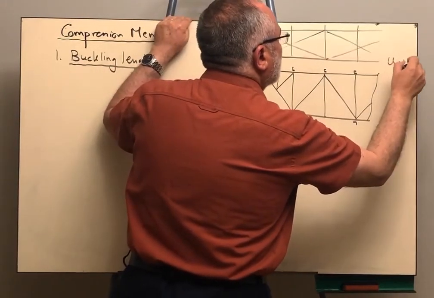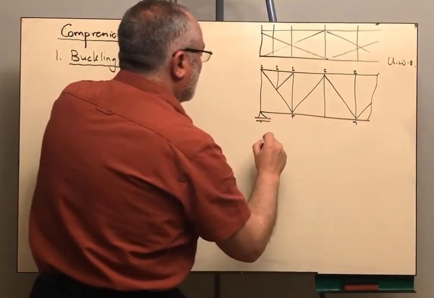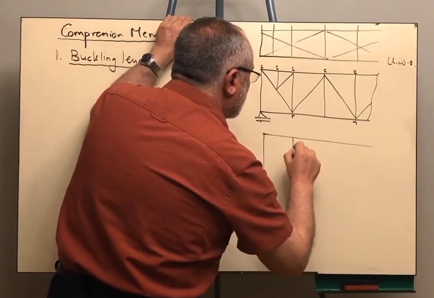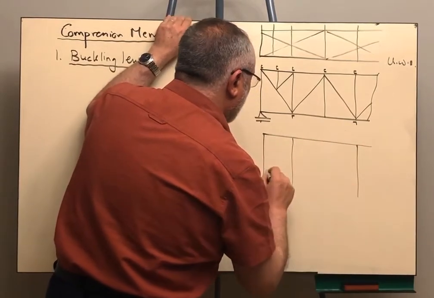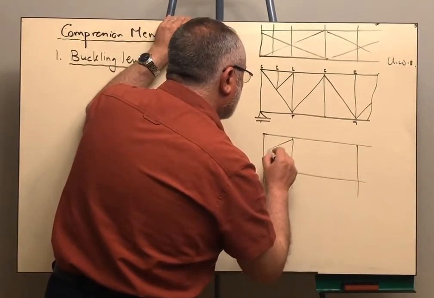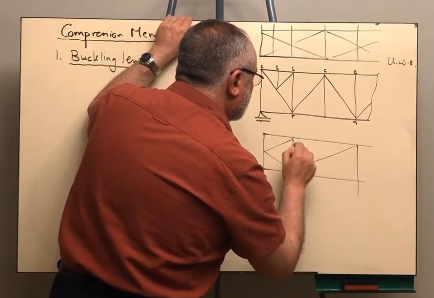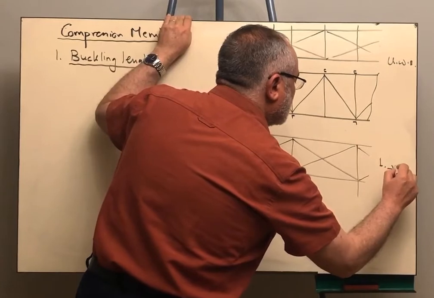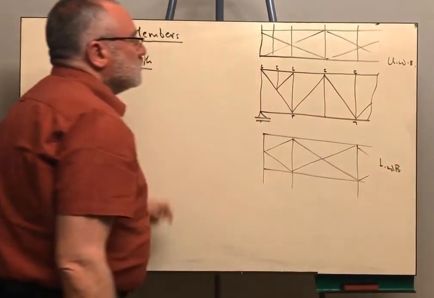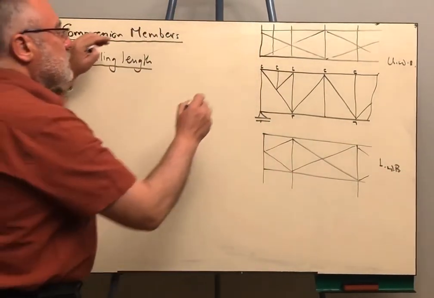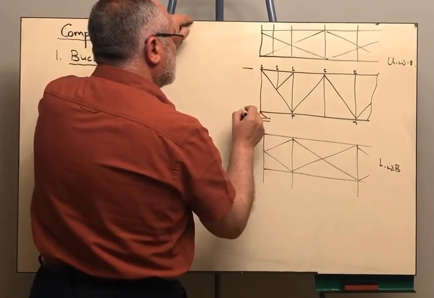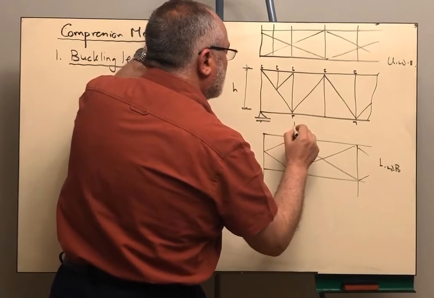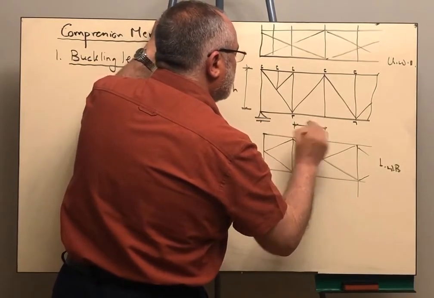So this is the upper wind bracing, and here the lower wind bracing, for some reason, looks like that. If this height is h and the typical distance here is a,